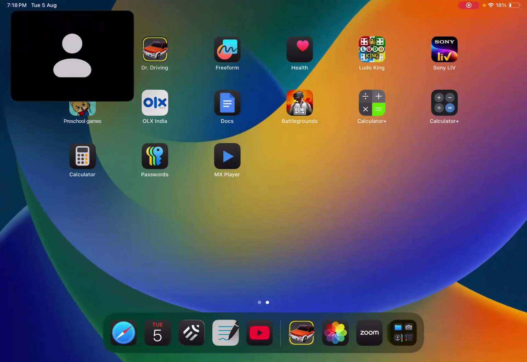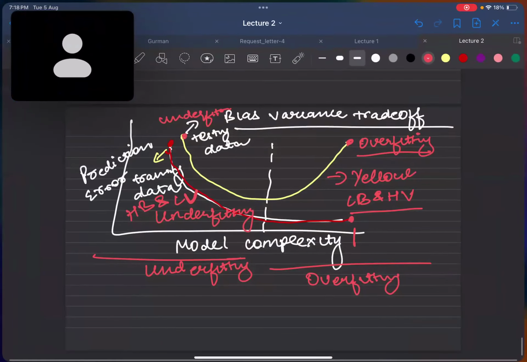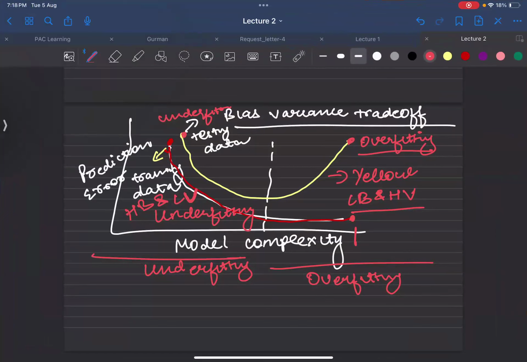So we saw that when we have more number of points, when we have more complexity, the points may be more scattered. When we have lesser number of points, there are lesser chances of points being scattered as the points are very less. And when there are lesser number of points, we are unable to predict close to the actual target, which means that the model is very simple. Bias can be high, variance can be low.